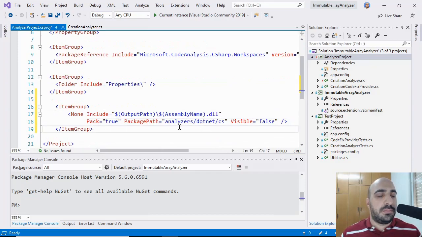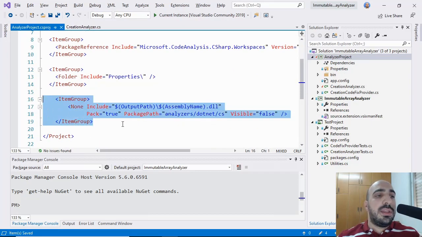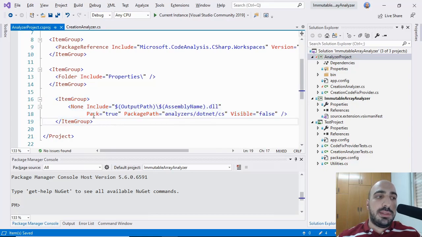Okay. Here I can use syntax supported by the project format to instruct the build system to include the output file in the NuGet package in a special folder, which is analyzers/dotnet/cs. And when the NuGet package is deployed to the target project, the target project will look into this folder to pick up analyzers.